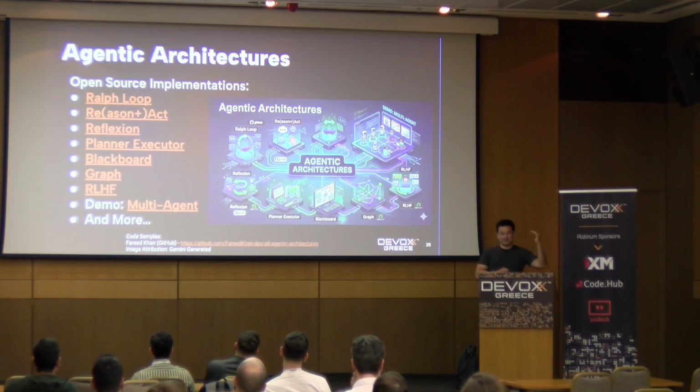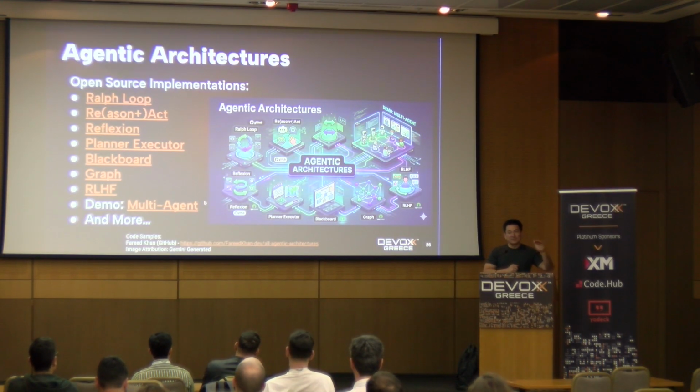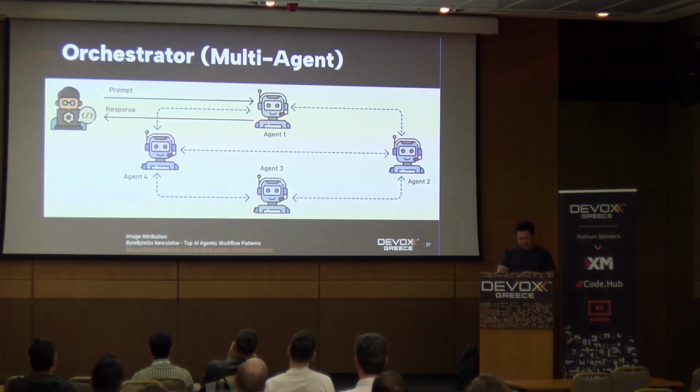So here is a list. I can't cover all of them because this is the first time I'm giving this talk. But I had built this for another session next week at Open Data Science Conference. It's supposed to be an hour long. But here's a list of all of the different agentic loops that you can do. And we're only going to look at the last one, which is the multi-agent one. Each one of these loops does something very specific. It has a specific architecture and how it answers a problem.